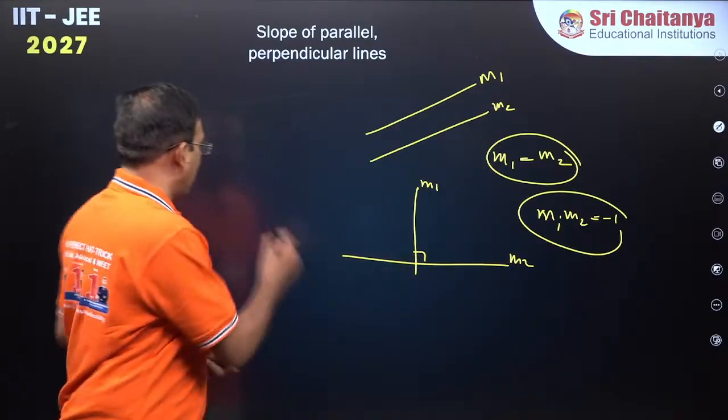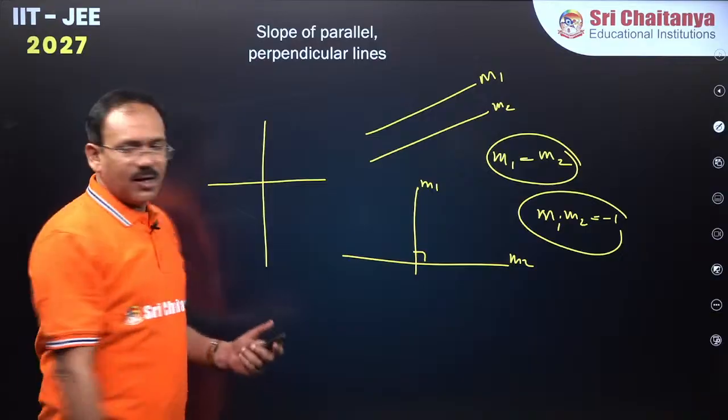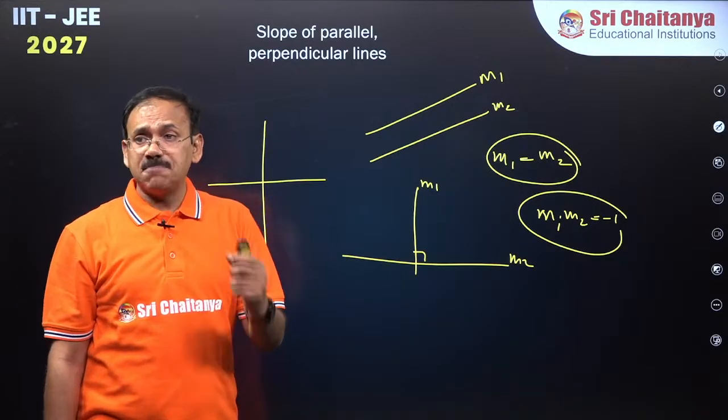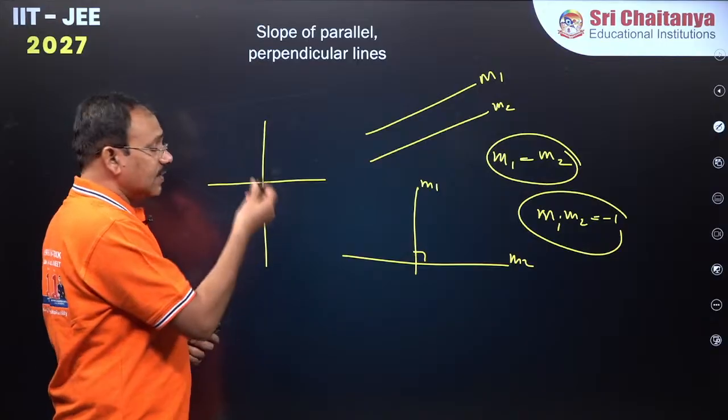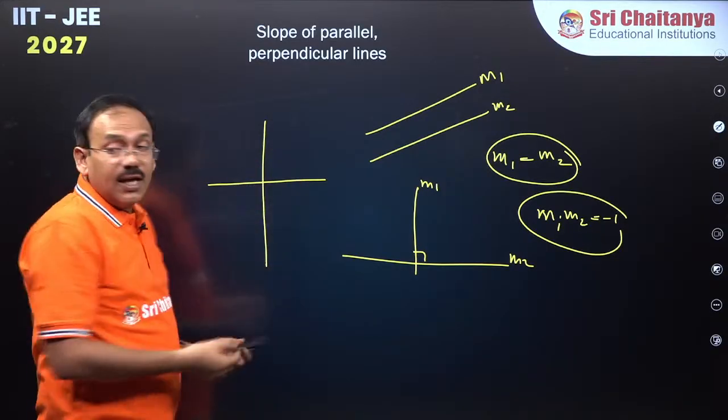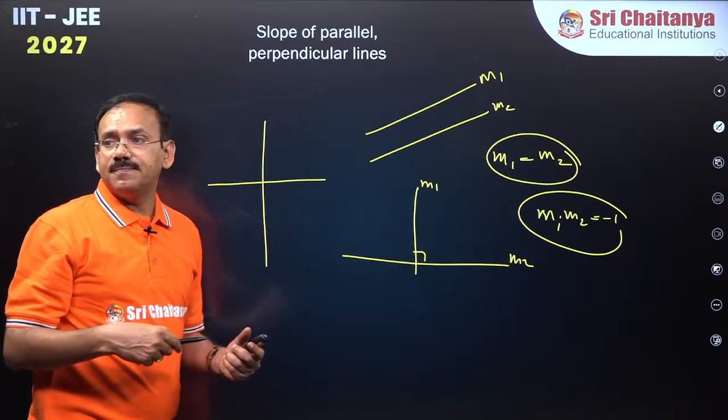The next important point, very, very important point, slope. If the slope is positive, guys, that means theta is 0 to 90, line will be like this. If slope is negative,